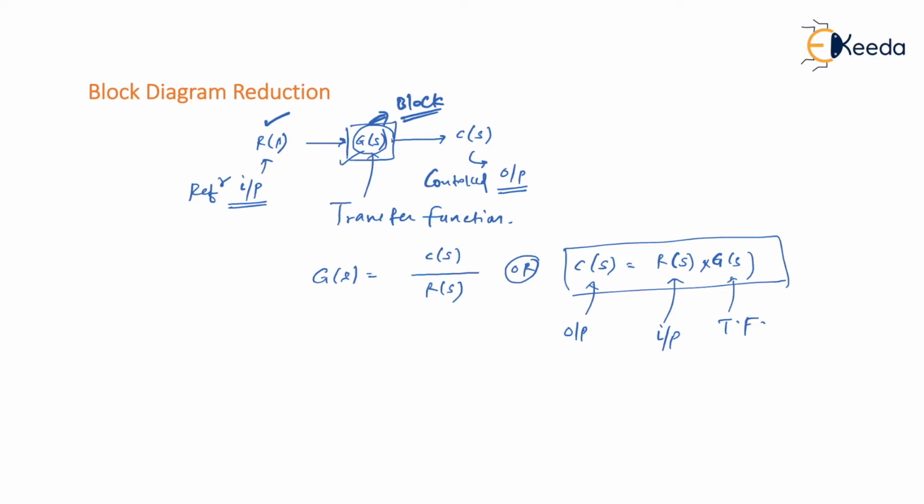If a block diagram happens to be a complex block diagram, then how do we reach the overall transfer function? For that purpose, we have to follow certain rules, and those rules are called block diagram reduction rules. Before we start with block diagram reduction, first of all you should understand all the rules, and once you are comfortable with the rules, we can start with the problems. Let us begin with block diagram reduction rules.